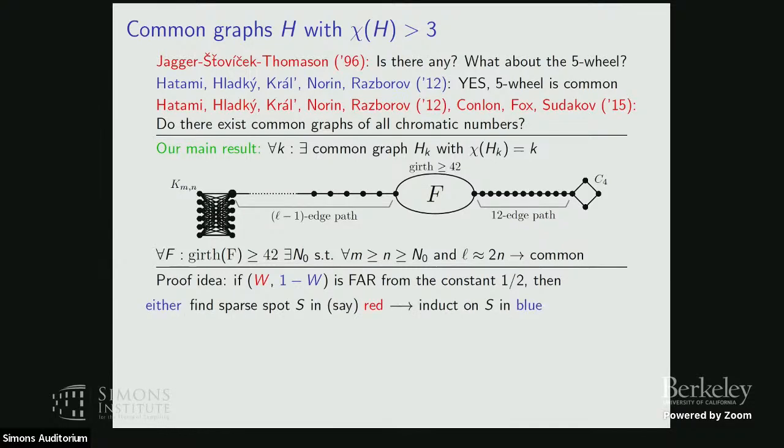If that's the case, then it's more or less a standard argument in extremal graph theory that either we can find, in one of the colors, say the red one, some subset of vertices which induces only a tiny number of edges, and in that case we would induct on S in blue and finish just by having enough copies of H in the blue color. Or we don't find this sparse subset,